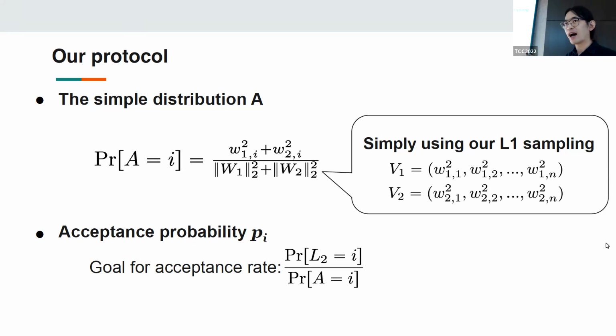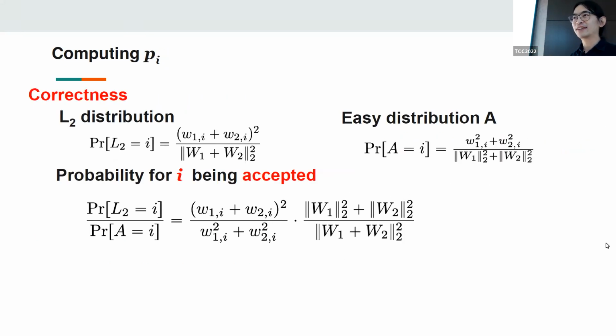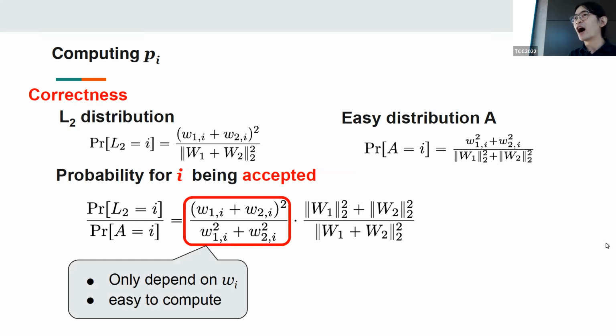So how do we compute this pi? It seems hard. Intuitively, it seems like it should be as hard as sampling from L2 directly, because I'm basically doing nothing. Well, let's see if we can really handle that. The pi we want should be the ratio between these two distributions, and we write it as a product of these two terms. Looking at the left term, this only depends on the ith input. Computing this part is easy: just a constant number of summations and multiplications. You can run some secure computation protocol and get that part.